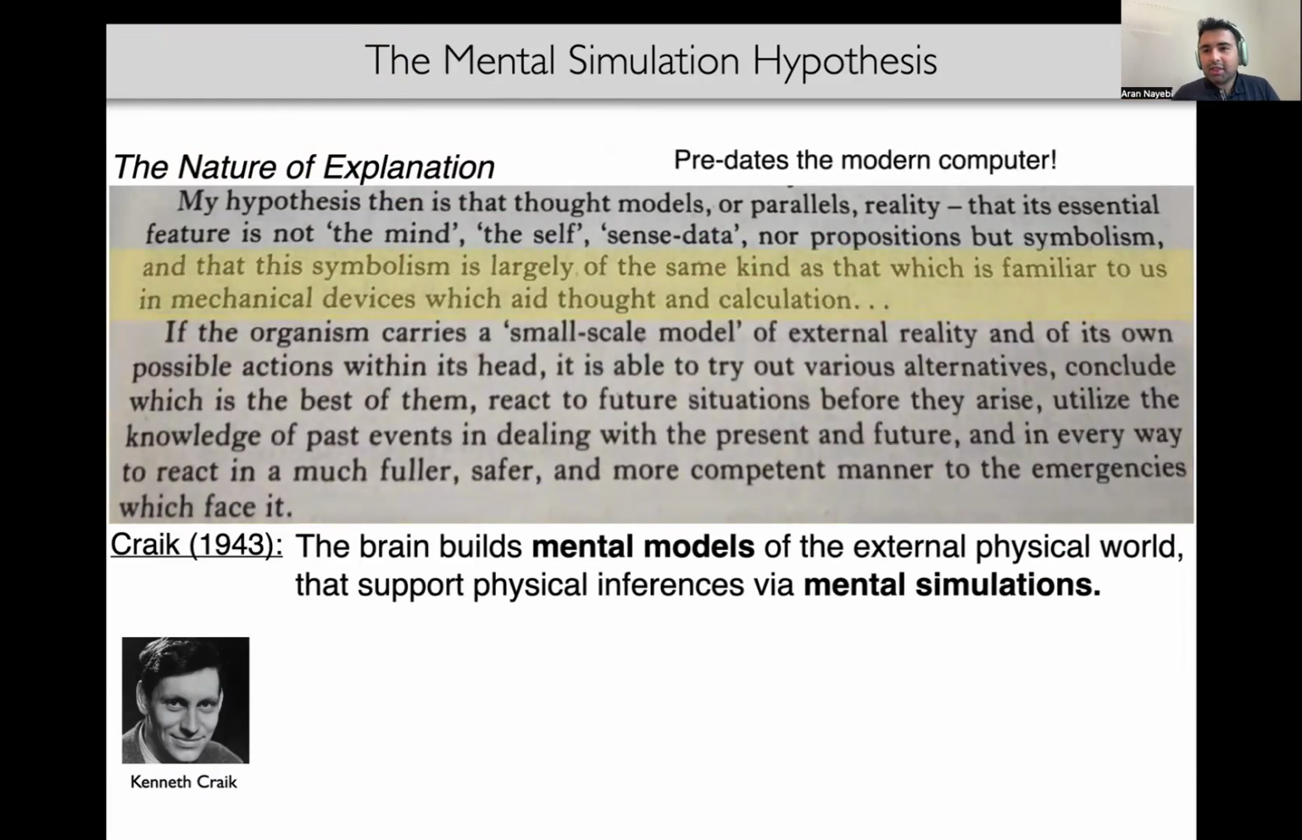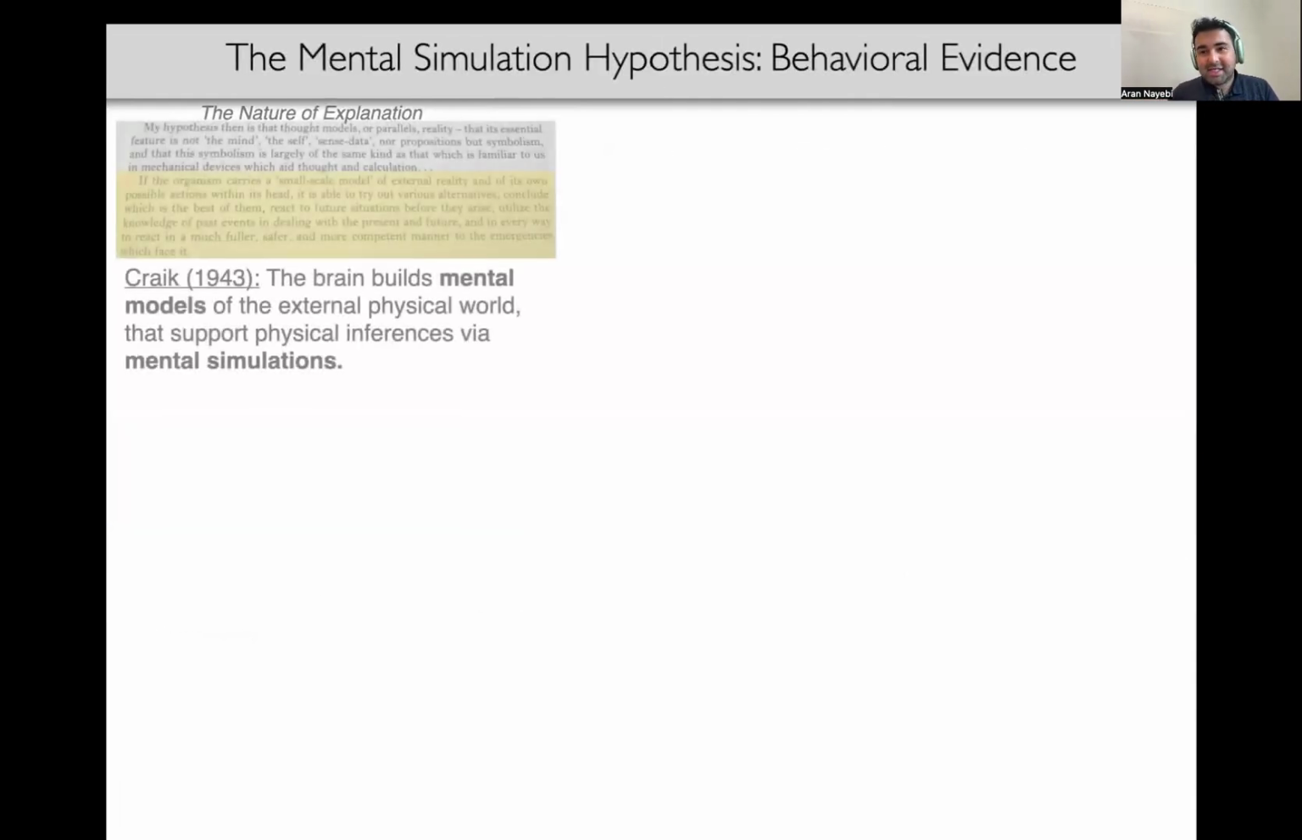And I want to point out that he actually did think of this as a computation. The symbolism is largely of the same kind as that which is familiar to us in mechanical devices that aid in thought and calculation. This is said before the modern digital computer. There were only analog devices around at the time. Now, only in the past decade, we started to get